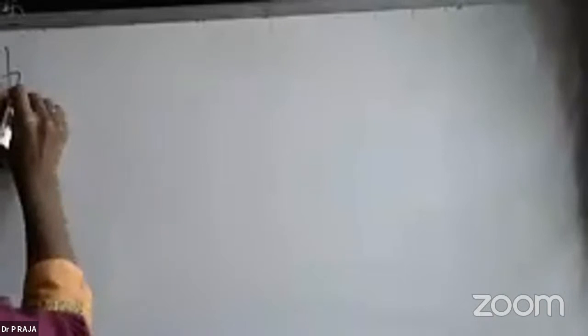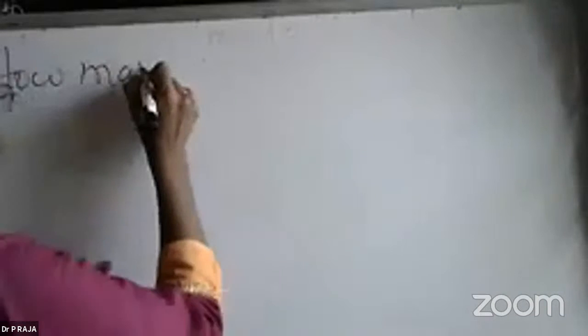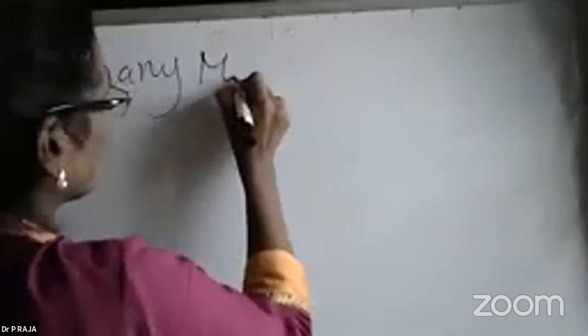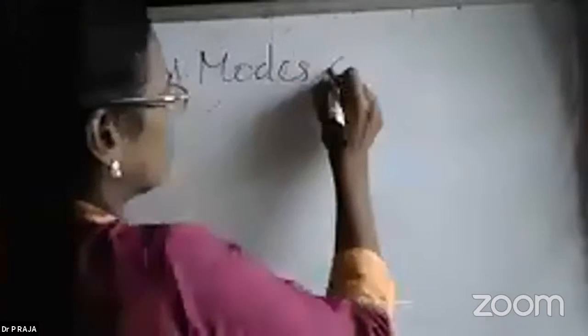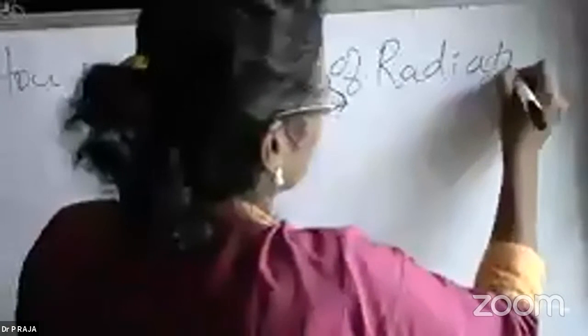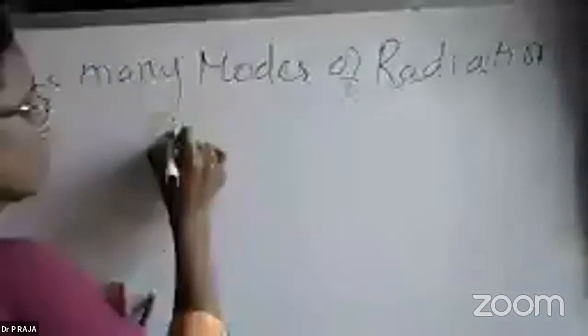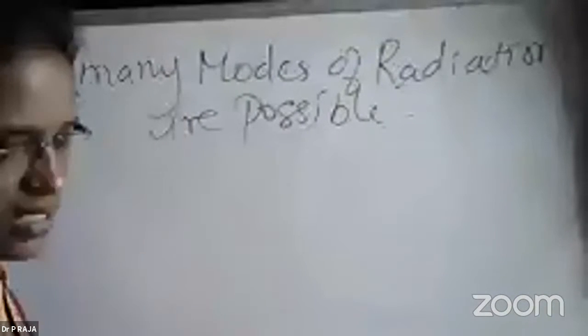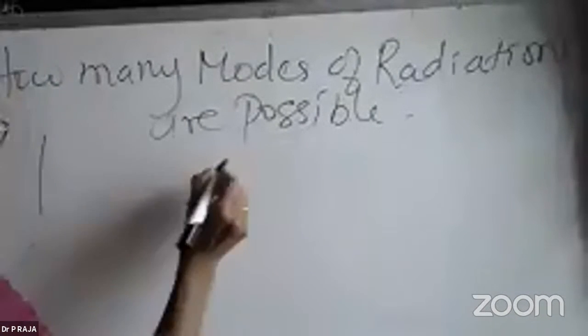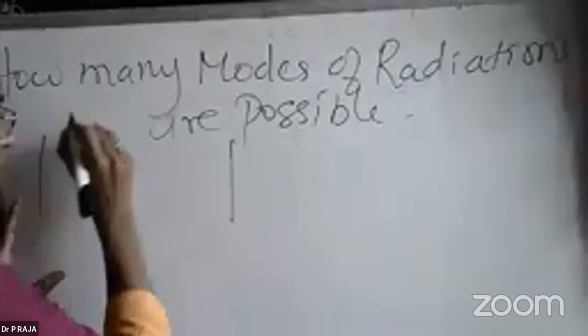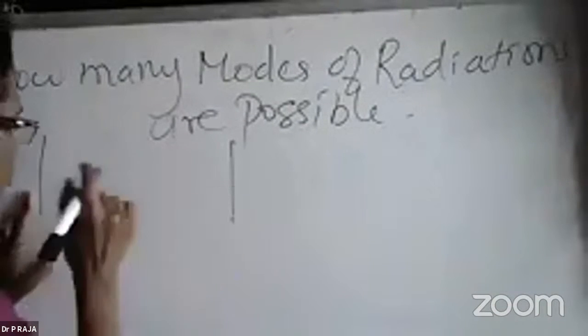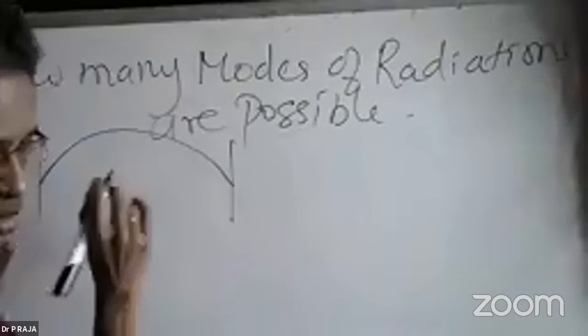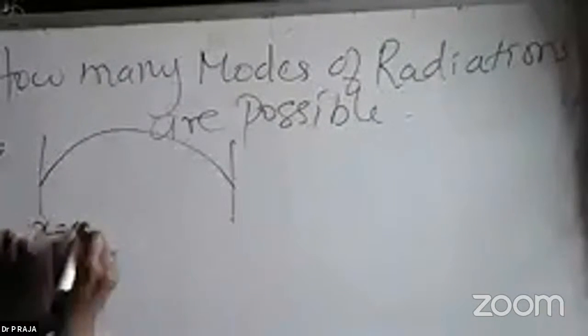So first, our aim is to calculate how many modes of radiation are possible. So how to do this? There are many ways. First see the wave. This wave can start from here and end here. This is the longest wave that is possible, and this is between the distance x equal to 0 and x equal to a,